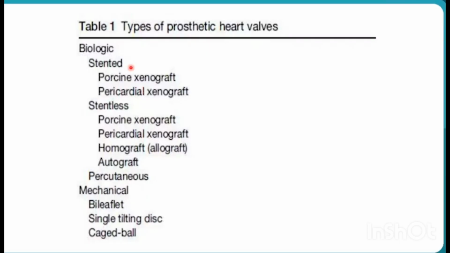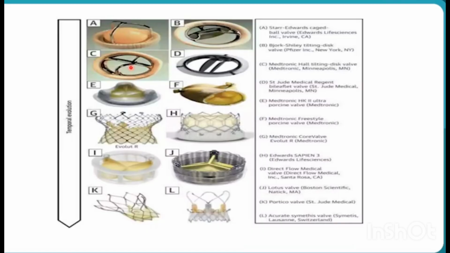Again, with biological valves, they can be stented or stentless. The stented valves can be either porcine, bovine, or pericardial. Likewise, in the stentless, we'll see examples of each one of them. So, just to brief it up, valves from A to D are mechanical valves, and E onwards are biological valves. The main difference is A is the traditional, no longer used Starr-Edwards caged ball valve, and